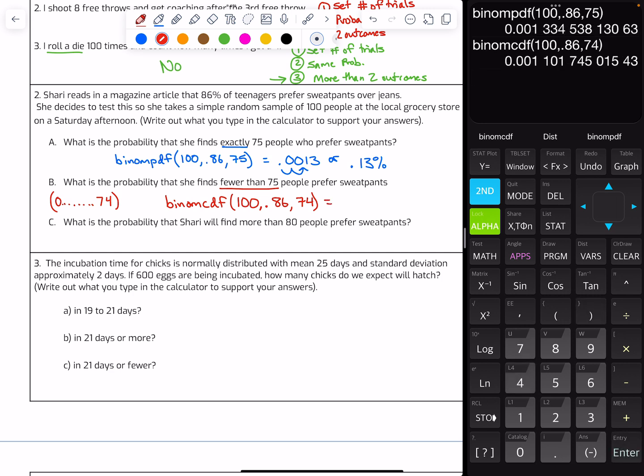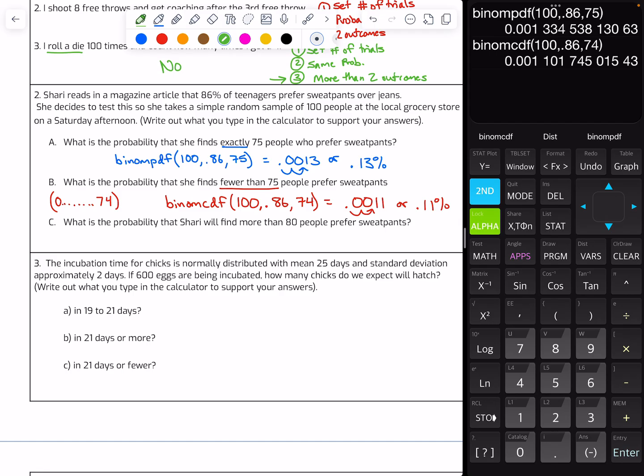And it's still a small number, but that's fine. That's just what we got. So 0.0011. And again, you don't have to move the decimal and make it into a percent, but if you did, it'd be 0.11%. And part C says, what is the probability that Shari will find more than 80 people who